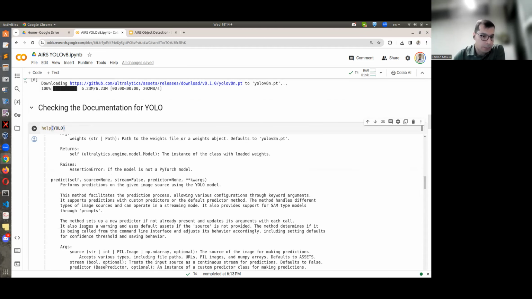They have other options like predict, for example, if you want to predict an image. And there's a source. Let's see what source is about. Source could be a string, an integer, a PIL image, or a NumPy array. So the source of the image for making predictions.